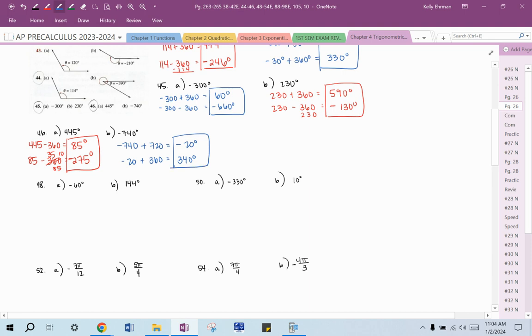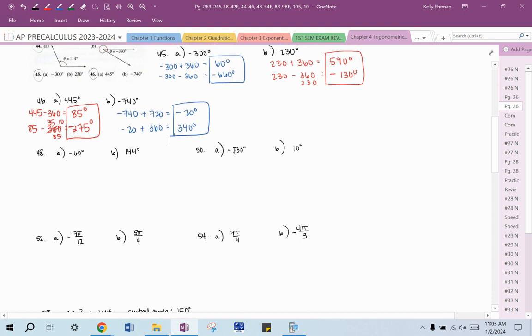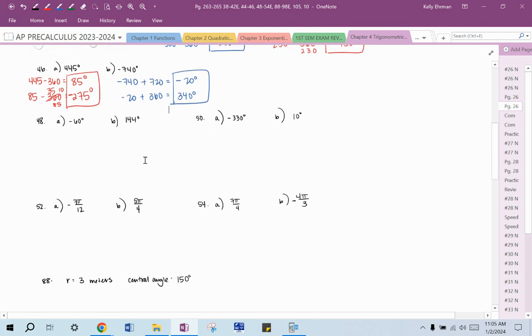There are infinitely many answers. Add or subtract any number of 360s to any of my answers, and they would be equivalent. So I prefer to stay as close to the angle as I can, within 360 if I can, but that's not required. Okay, 48. So now the directions, I don't have them on the paper, but now the directions are